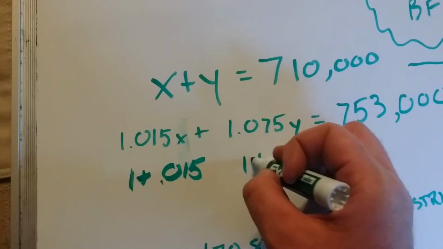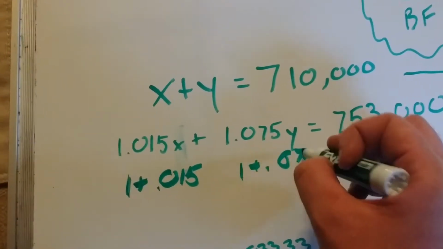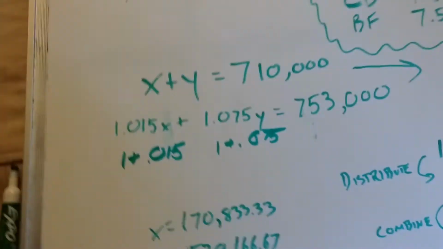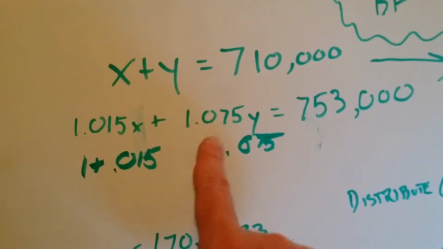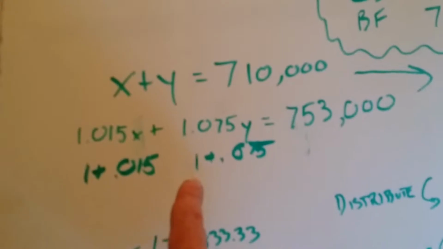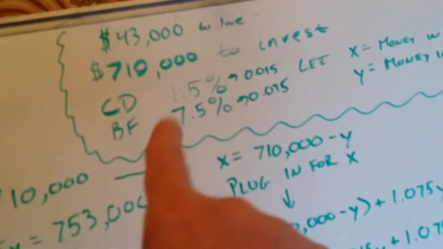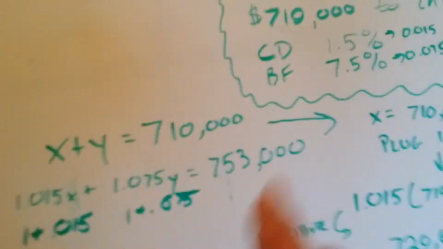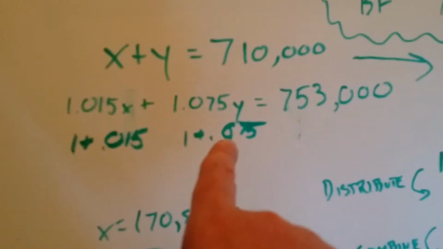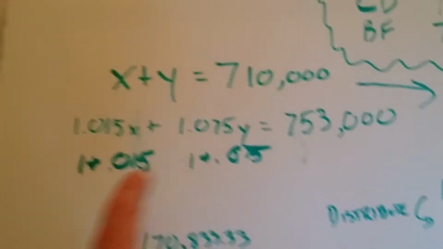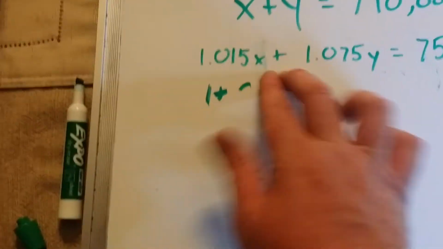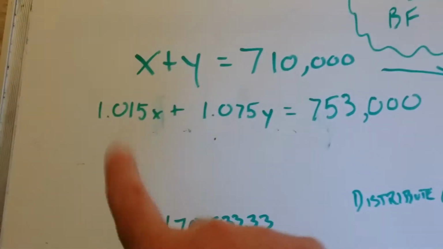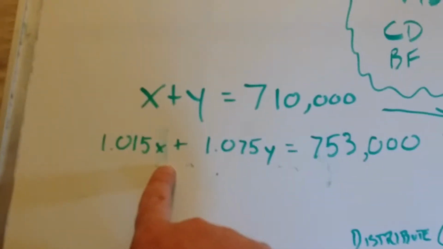Okay, and 1 plus, okay? In other situations, you might have to do 1 minus, okay? So that's where we got these numbers from, okay? Because that's the 100% is the amount you started with. Whatever money you invested into this, which you'll see later is the answer. Whatever money you answered plus 7.5% and plus 0.015, okay? And those two, okay, the amount of money you invest in X and the amount of money you invest in Y times these has to equal,